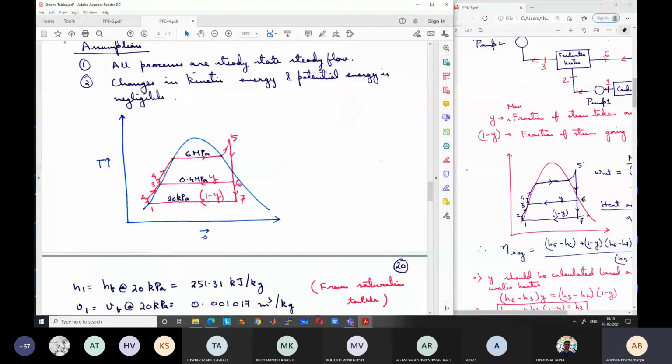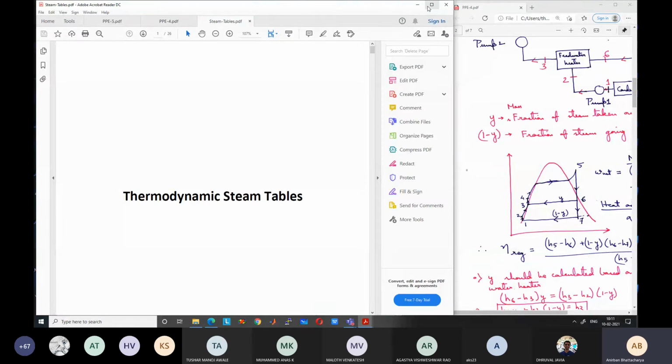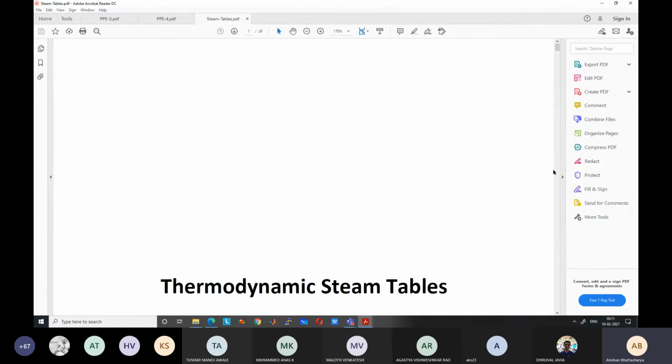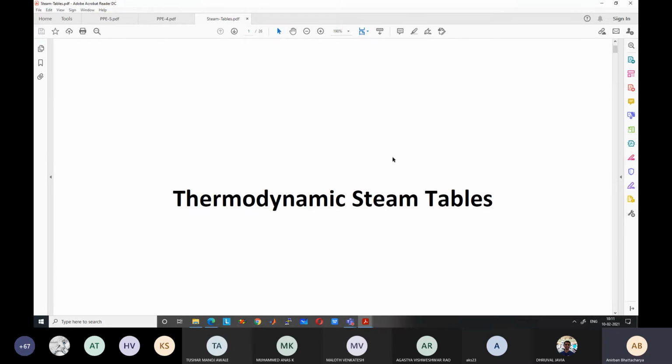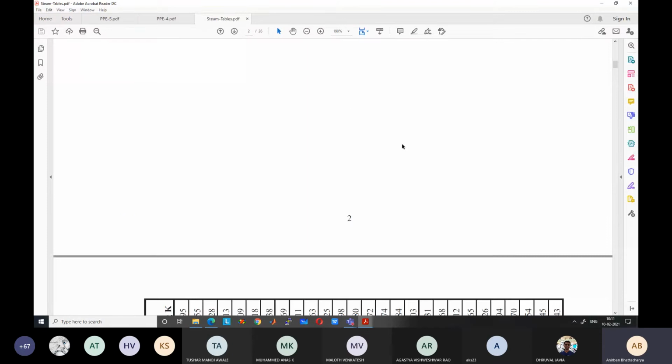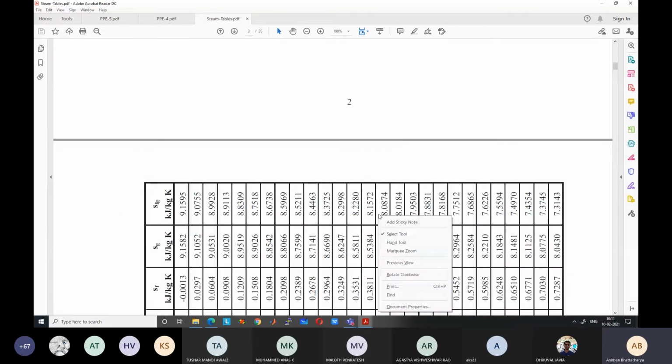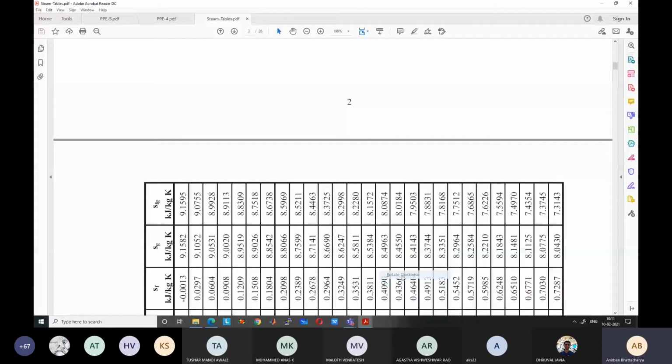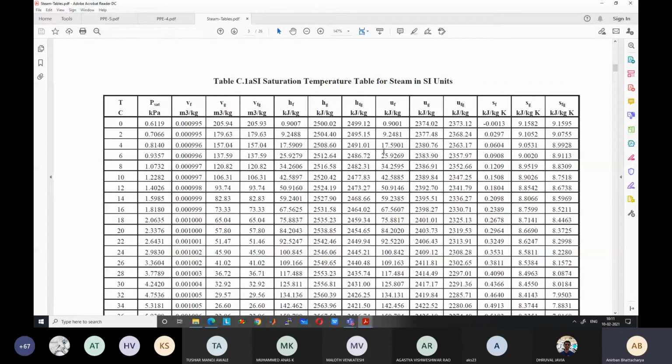We have to use the steam tables. Okay. Let us increase the size. So you should be very familiar with the steam tables because I have told you that we need to use the steam tables very regularly in this course. For solving all the problems, we will need steam tables. In the exams also, you will need steam tables because they will be supplied to you as part of the question. So you need to be very familiar with how to extract data from the steam tables. So let us start the problem step by step.